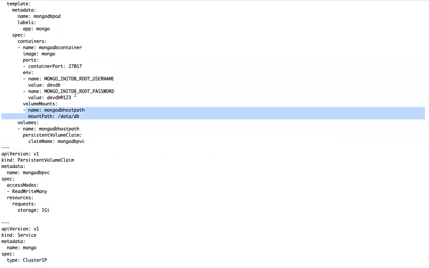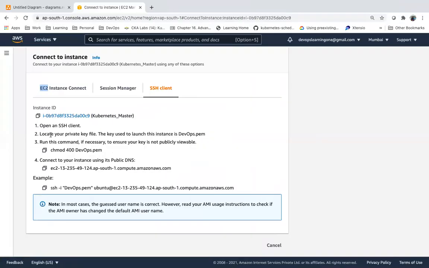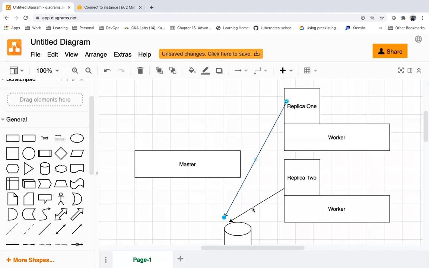Suppose I have 4 replicas, 3 replicas, the same volume will be shared with all the pods in case of a deployment.